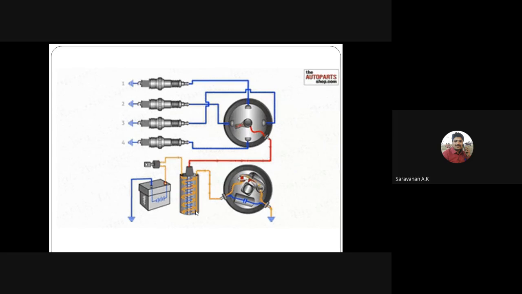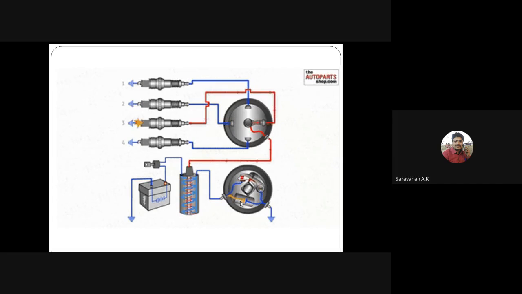So the induction coil will produce a small amount of voltage, right? That voltage passes through the contact breaker and the condenser, so it will store the voltage. Once the contact breaker disengages,